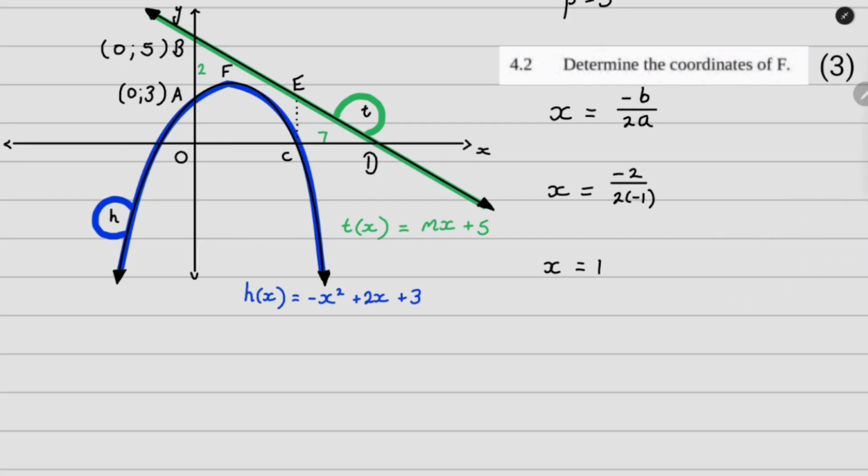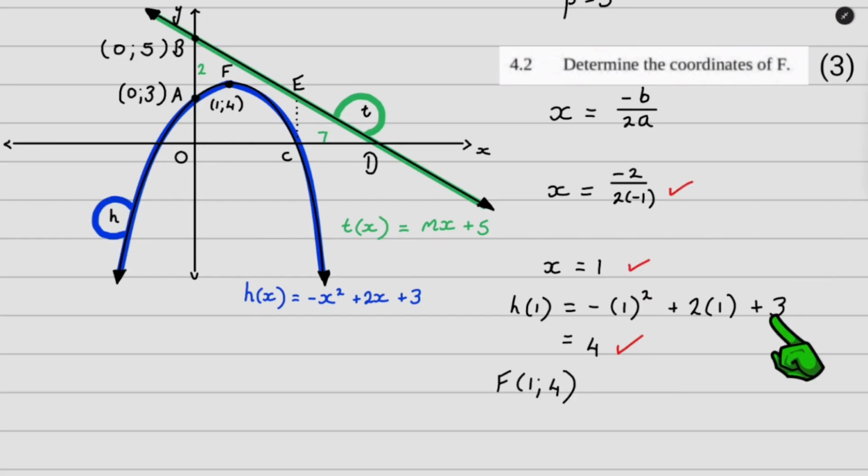And now we need to get the y value, so I'm going to take this x value and sub it into the equation of the parabola. So what that entails is you just change these x's to 1s, and then it's going to pop out an answer of 4. So now I know my turning point F has the coordinates of 1 and 4. And our 3 marks here will come from this, our substitution in there,